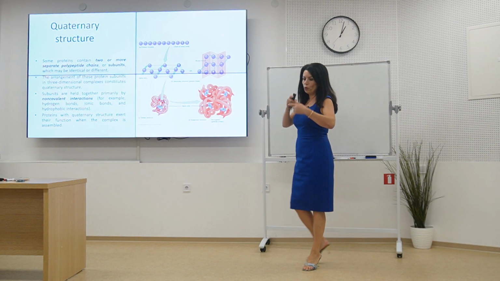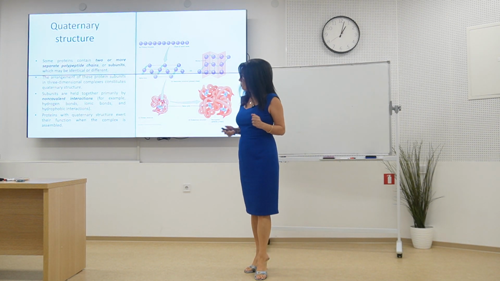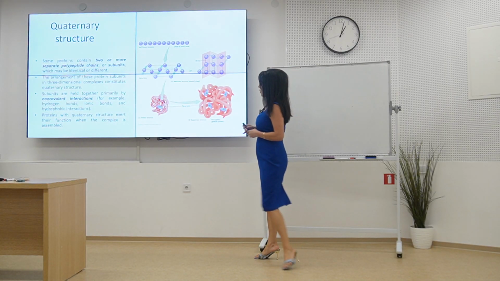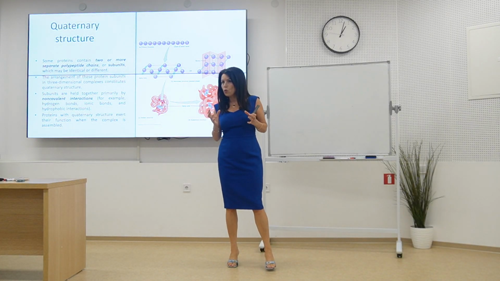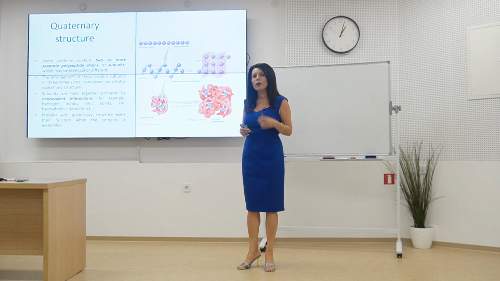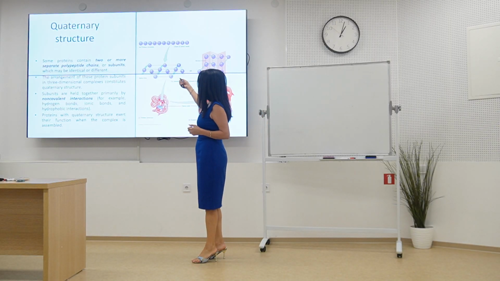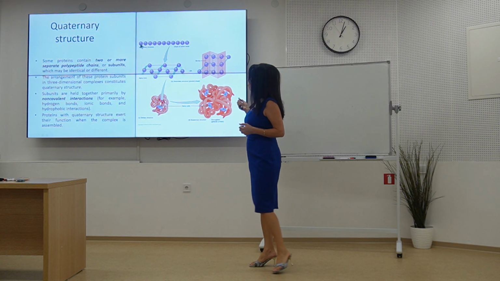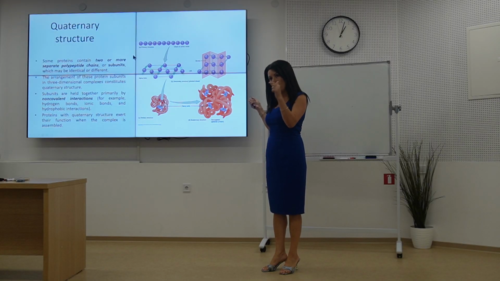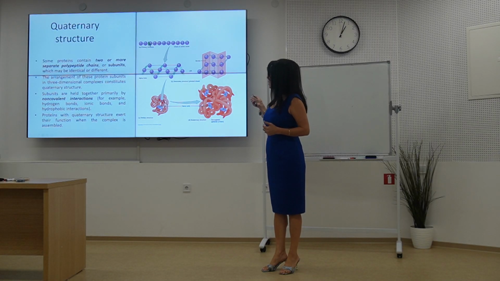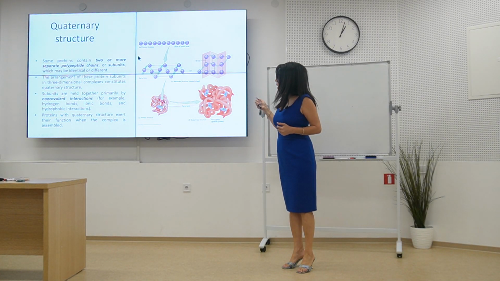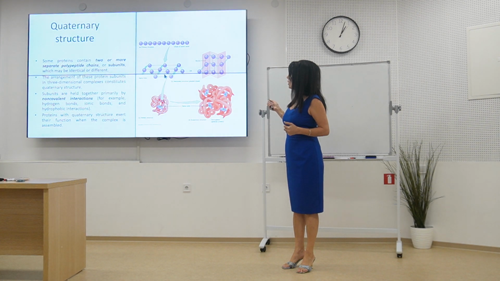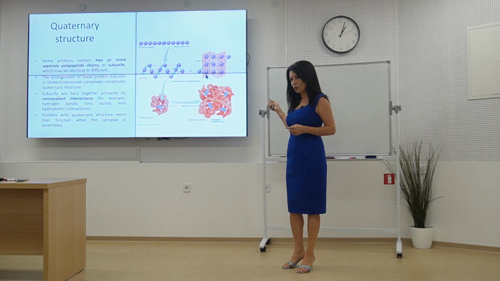Actually, let's remind ourselves first what the tertiary structure was. The tertiary structure, students, was one three-dimensional structure which is formed thanks to the information which comes from the primary structure. First, the primary structure was the sequence, type and number of amino acids that are connected between each other by peptide covalent bonds. After the formation of the corresponding alpha helices or beta sheets, which was called secondary structure,